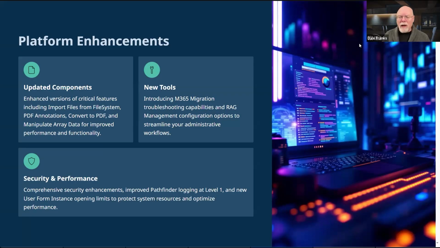You'd have to increase the logging level to at least logging level 1 to see some of the Pathfinder logging. It's not going to be helpful for you as a customer, but it might be helpful for our engineering team if you run into some sort of Pathfinder issue and we need to ask you for the logs. We'll probably ask you to switch your logging up to level 1 and export those logs.